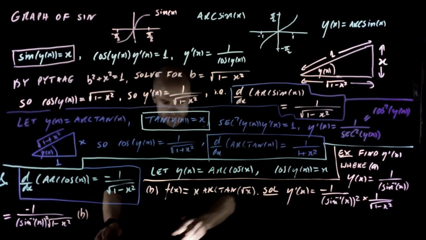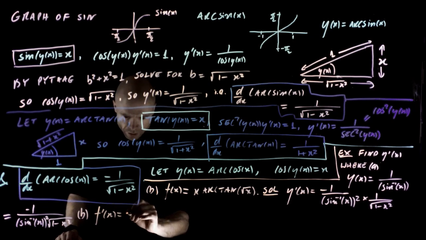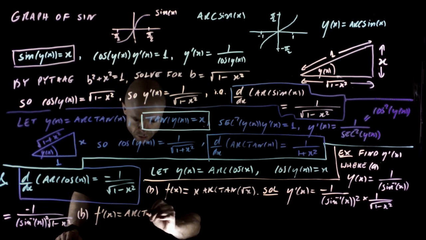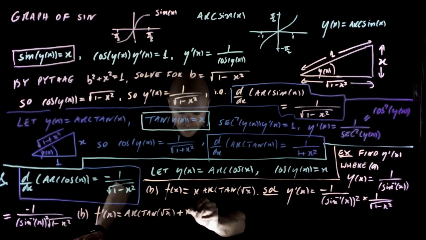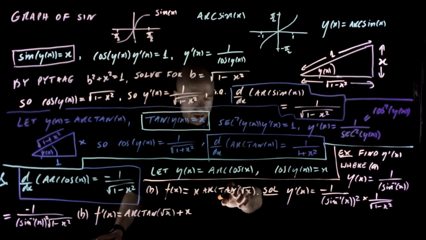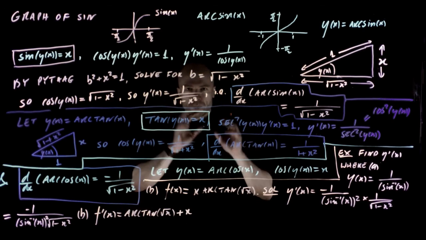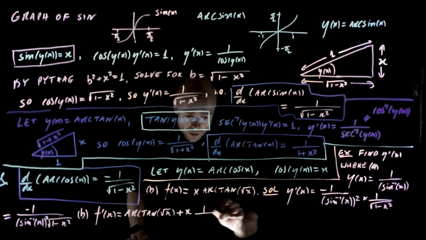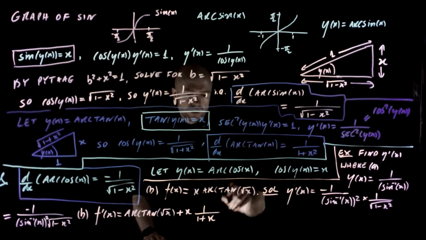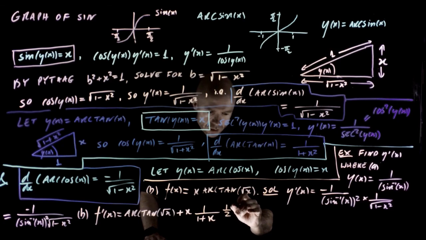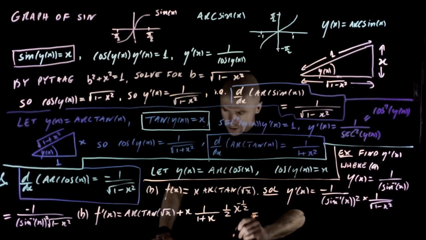B is slightly harder. We have this guy. I'm going to use the product rule. So f prime, differentiate the first guy, leave the second guy alone. That part's easy. Okay, leave the first guy alone, differentiate the second guy. Now we've got a chain rule because the outer function is arctan and the inner function is square root of x. So we've learned that the derivative of arctan is 1 over 1 plus x squared, but we're applying it to square root of x. So that's going to give us 1 over 1 plus square root of x squared, which is just x. Okay, and then we differentiate this guy, which will give us 1 over 2 x to the minus 1 over 2. Okay, clean that up a little bit, and that gives us